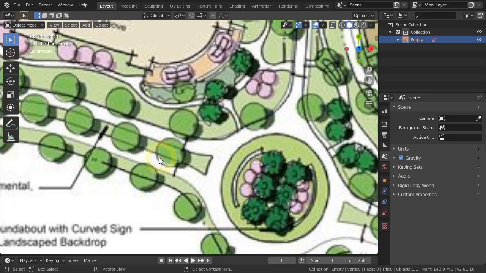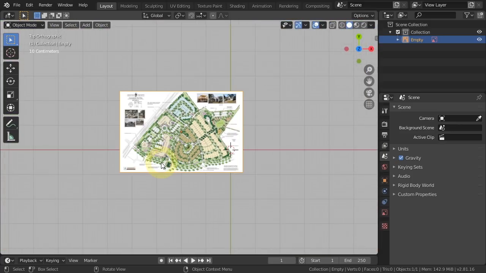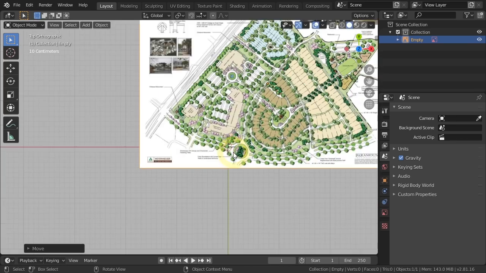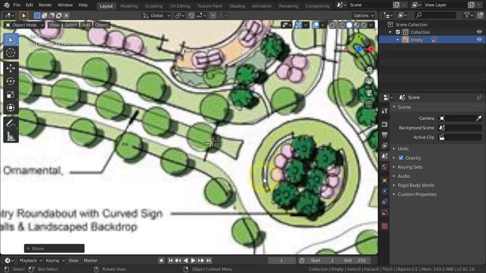3 meters multiplied by 2 lanes equals 6 meters. And we have another 6 meters here. And finally, we have 5 meters width for the island. So the road has a total of 17 meters in width. Let's just use this number as our base to scale the reference image. To make the scaling process easier, let's reposition the image so that this area is at the center of the world where the 3D cursor is located by default. So press G, and then move this so that the 3D cursor is exactly at the center of the road